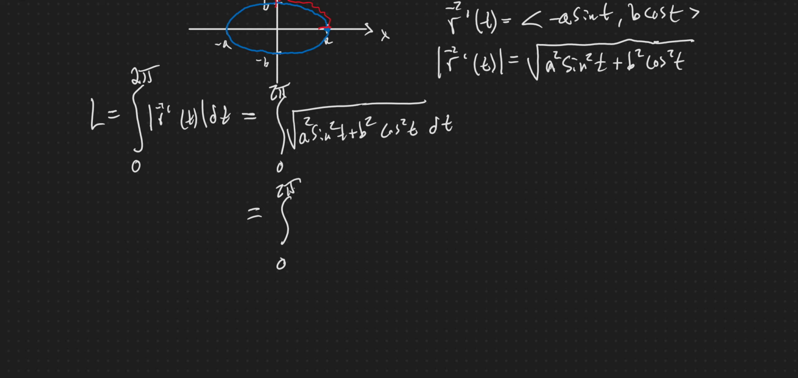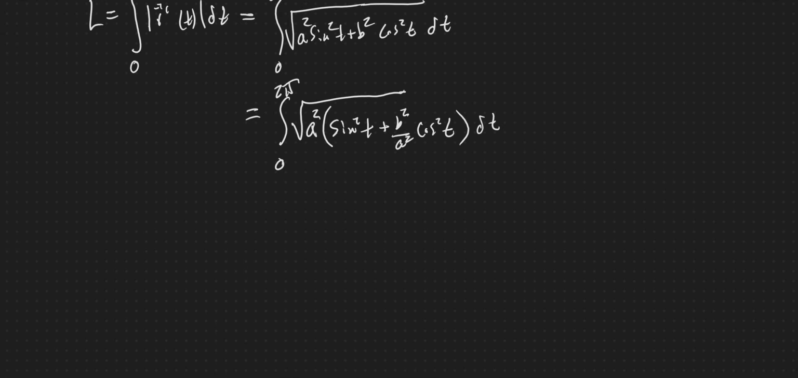0 to 2 pi. I'm going to write it like this first and then talk about something. So I'm pulling out an a squared there. And so what I'll get here is sine squared t plus b squared over a squared cosine squared t dt. So now I can pull this a squared out of the root as just a, because a is